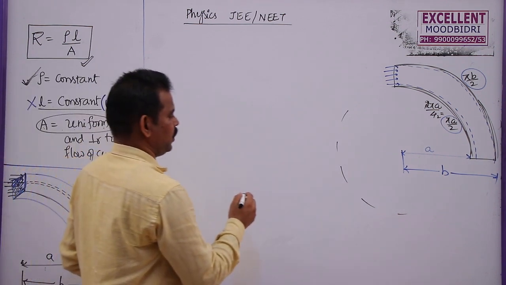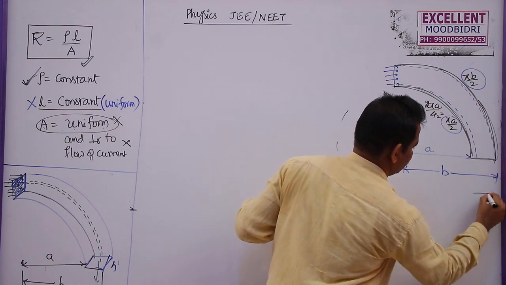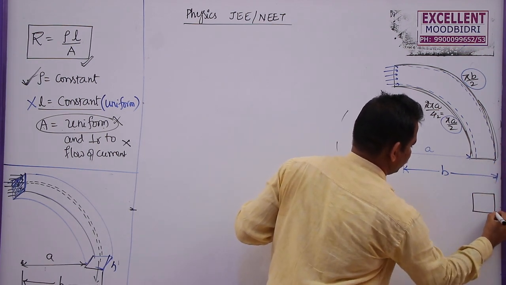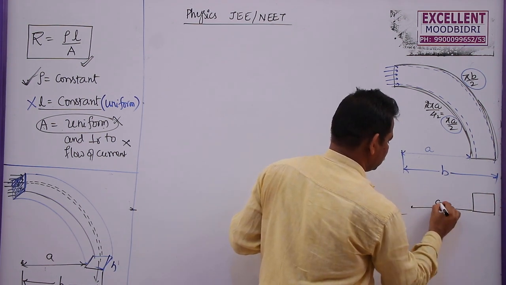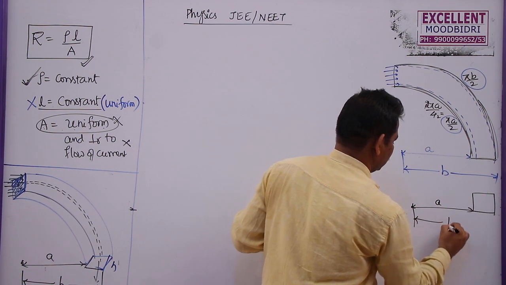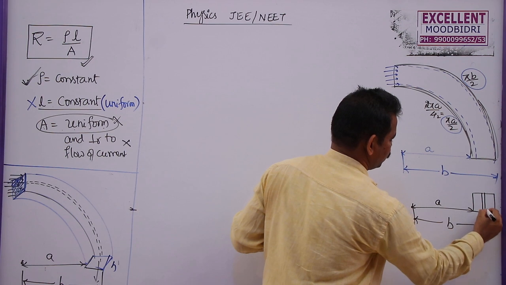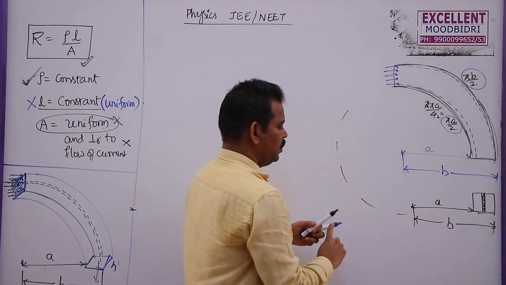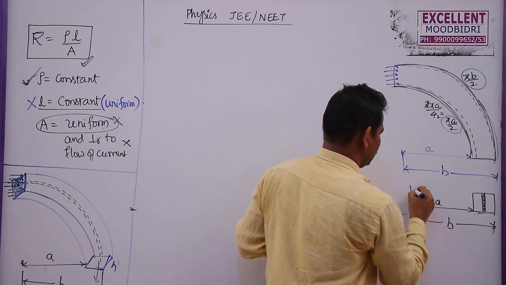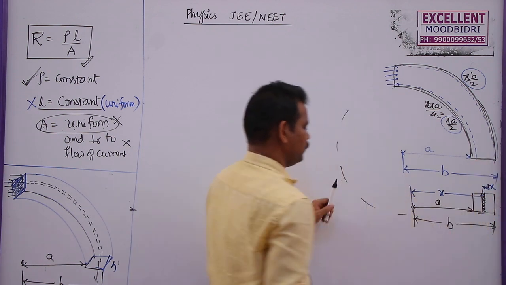Now what I am going to write here, if you take this bottom portion, I am drawing here, this is the bottom portion through which current is coming out. So the inner radius in this edge is A and this edge is at a distance B here, and let me take a small portion here like this. Let the distance of this one from the center be x, and this is dx.